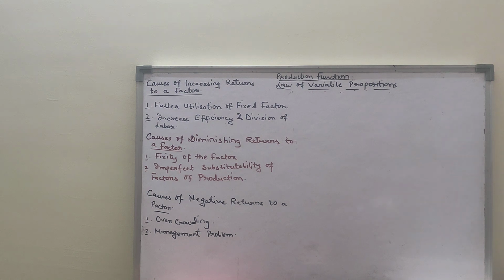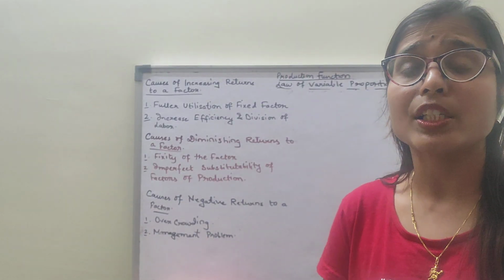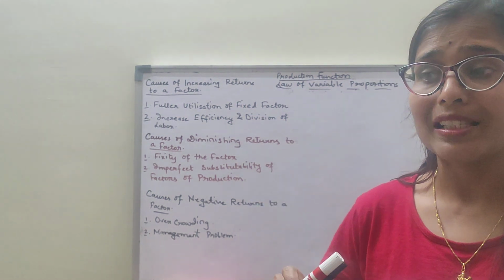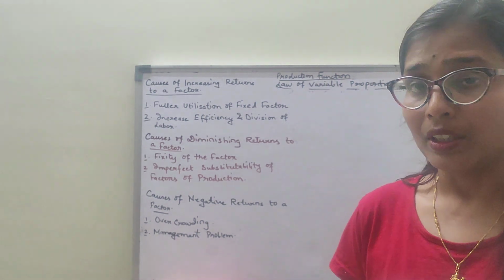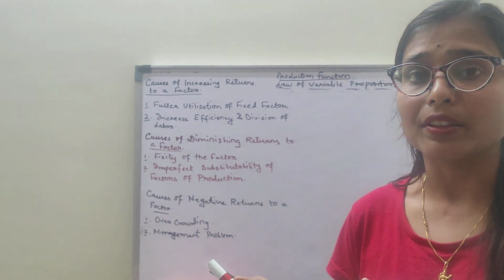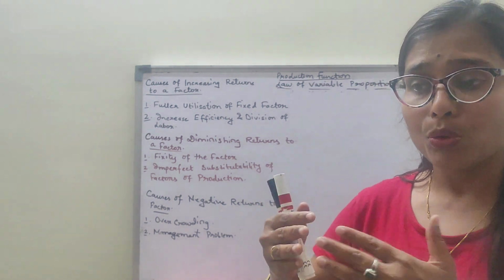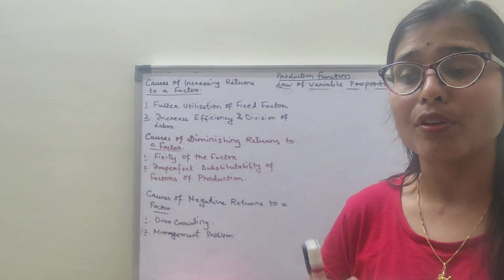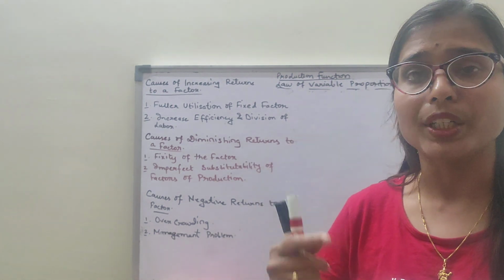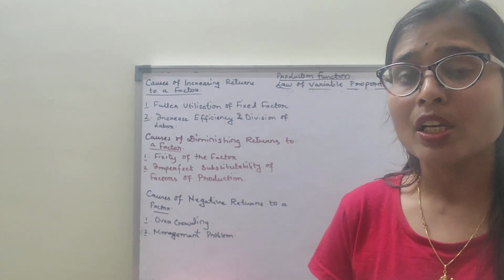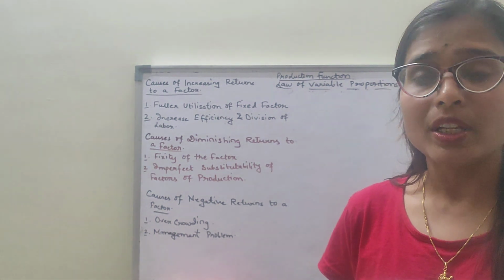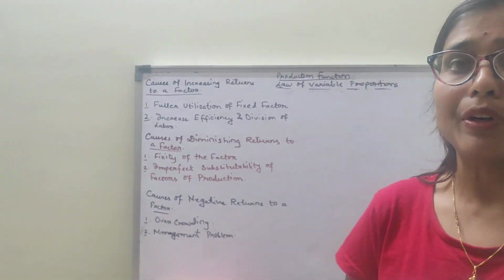First is the fixity of the factor. Fixity of the factor indicates a situation where the amount of fixed factor is inadequate, or you can say less than the variable factor. That means when you add more and more units of the variable factor with the fixed factor, the latter gets overutilized. Suppose there is one machine with the capacity for 4 workers, and you keep on adding laborers to that one machine; obviously the machine gets overutilized. This creates disturbance in production. The production will fall, and my average product and marginal product will also fall.